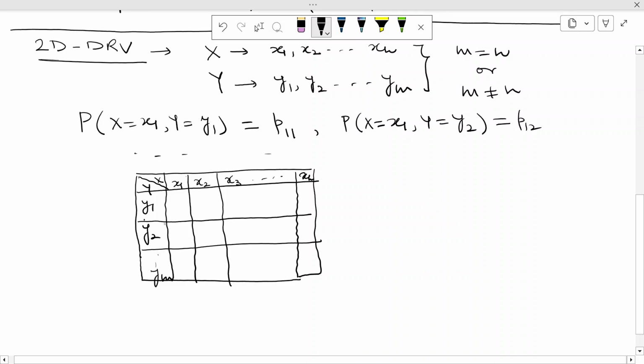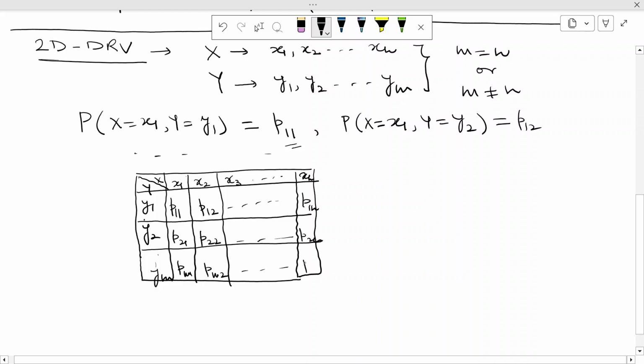Now in these cells we have these probabilities, meaning x is taking the value x1 and y is taking the value y1. So the probability of the same is p11. Similarly, x is taking the value x2 and y is still at y1. So the probability for the same is p12, and so on, and at last we have p1n. And similarly we have p21, p22 up to p2n. So this is a simple representation, and here we have pm1,